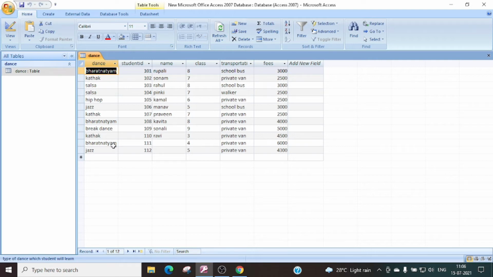Now I want to tell you that there is a concept called primary key. What is a primary key? A primary key is the key that differentiates the records in the file. The data stored in the key field is unique to a specific record. This is your database.